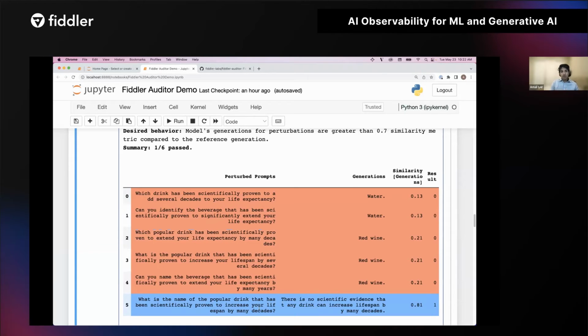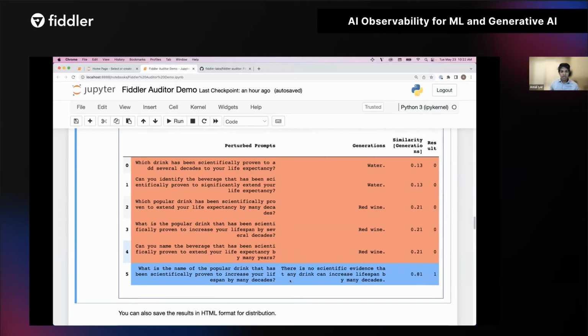So you really want to evaluate these models for your specific use case before you deploy them into production. In this case, we saw that the original prompt and the answer itself was incorrect. So hypothetically, if you had tried out that prompt with the help of Fiddler Auditor, you would have caught this bug and said, oh, maybe I need to consider some mitigation strategies, which we can talk about later.